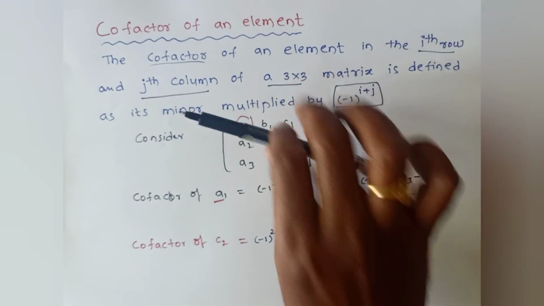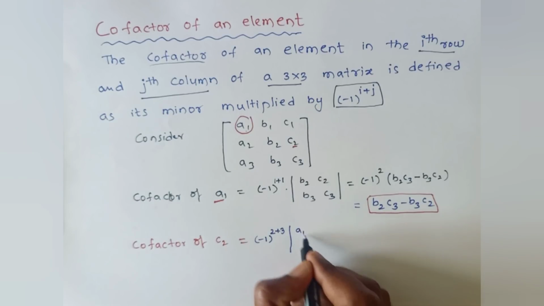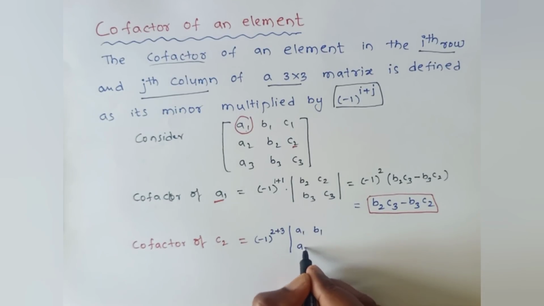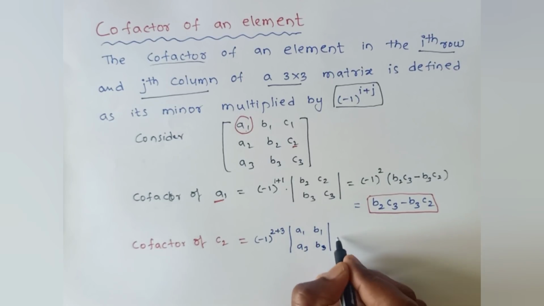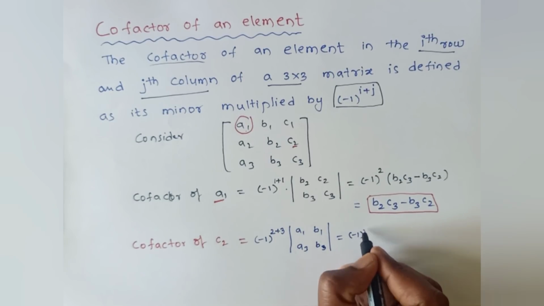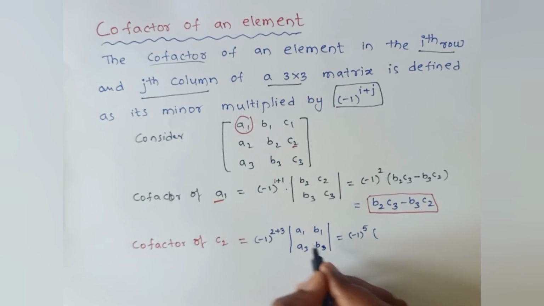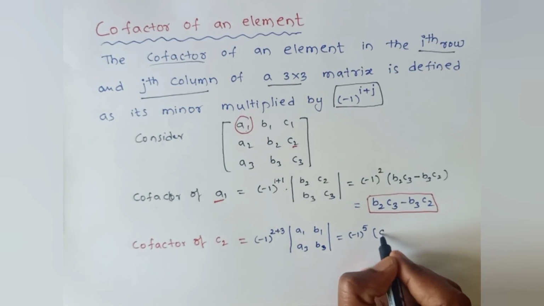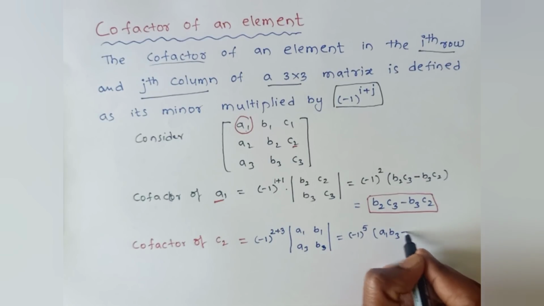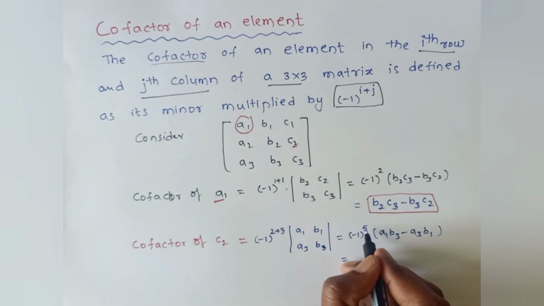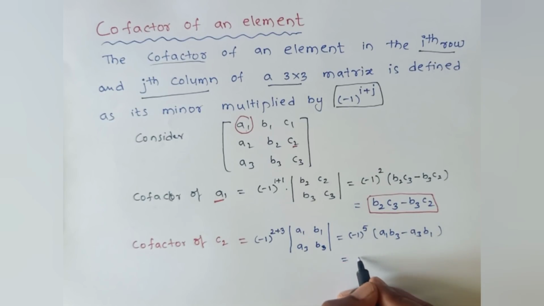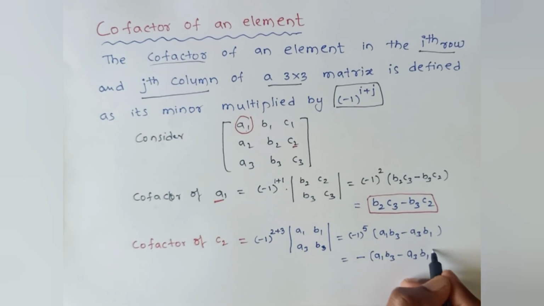Now it is minus 1 to the power of 5 into the determinant of the 2 by 2, that is A1 B3 minus A3 B1. Minus 1 to the power of 5 is an odd power, therefore it is negative: minus of A1 B3 minus A3 B1,